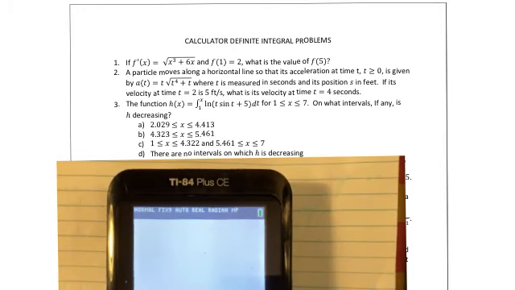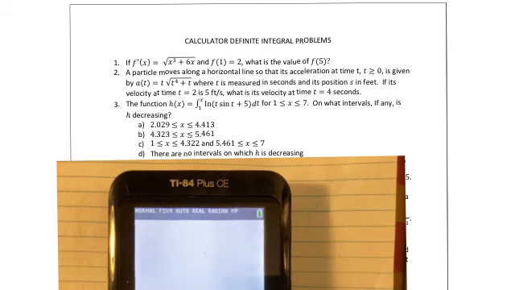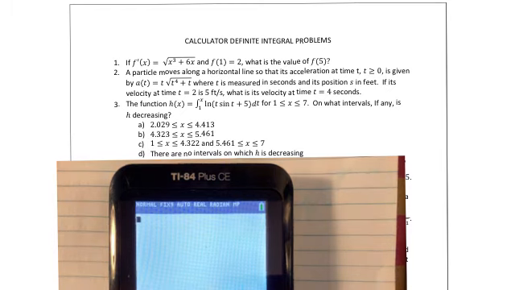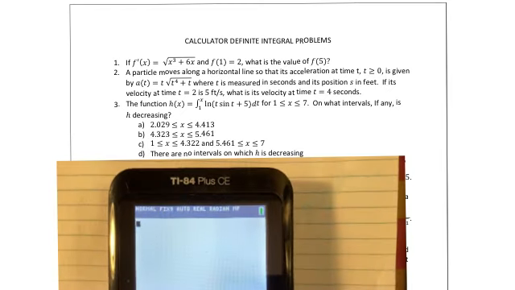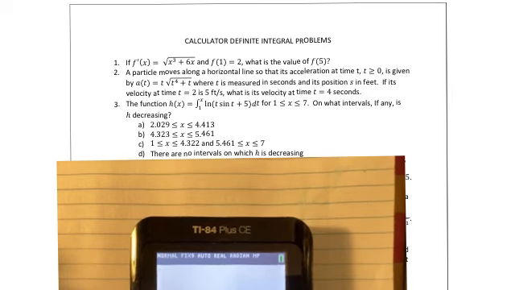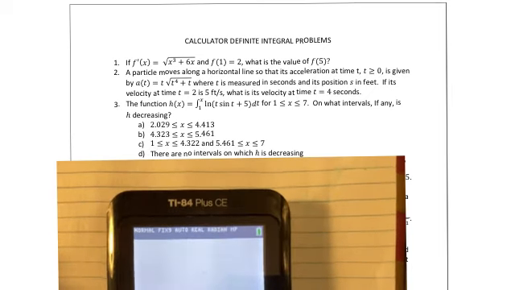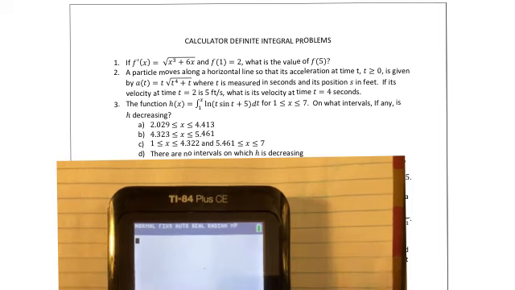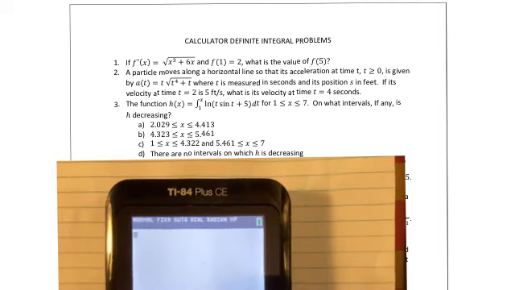Okay, hi everyone. I want to do three quick calculator problems for you to show you something pretty cool, which is that we can use our calculator to get a definite integral, right? So let's look at this first problem on this worksheet. I'm going to do the first three, and then hopefully that gives you enough to do the next seven with